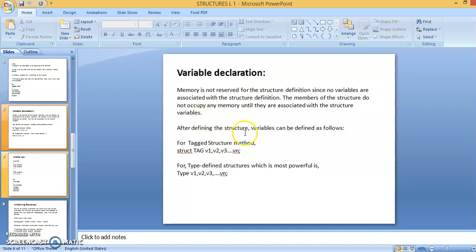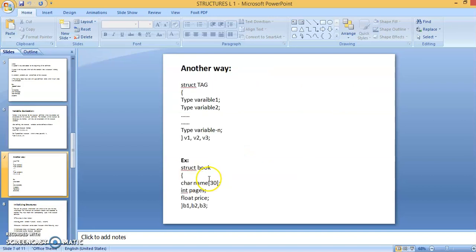After defining the structure, variables can be defined as follows. For the tagged structure method: struct tag v1, v2, v3 up to vn. For type defined structures, which is the most powerful, it is type followed by the variables. There is another way we can define a structure: struct followed by structure name, then type variable 1, variable 2.